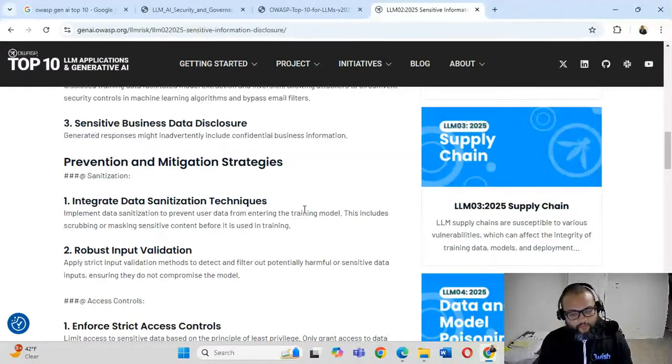Now there is an option that says this data will not be used for training. You can set it up in ChatGPT that way. If you do that, maybe you can prevent it. But let's say some other models don't respect this privacy policy and just use this data to train their model, or use it internally for other purposes.